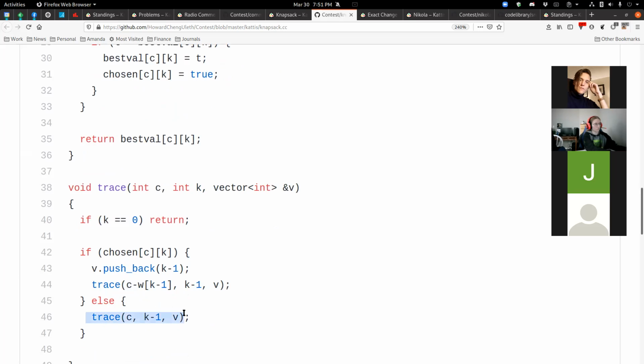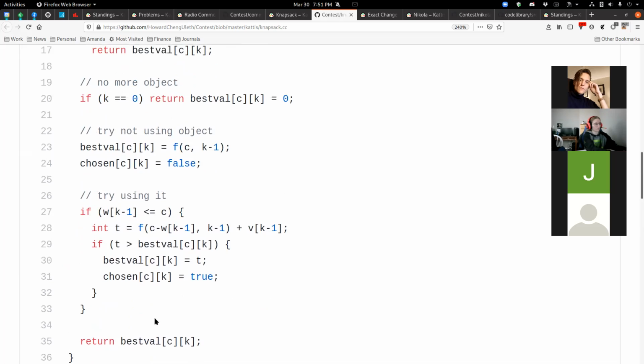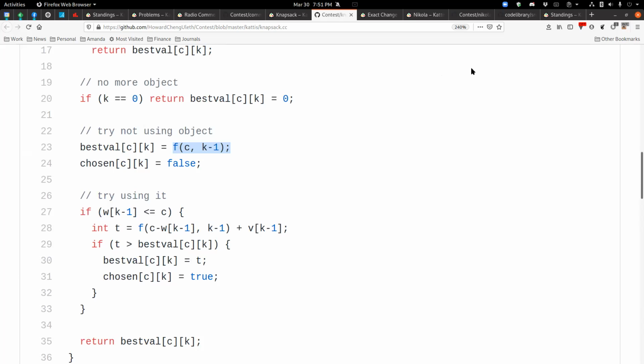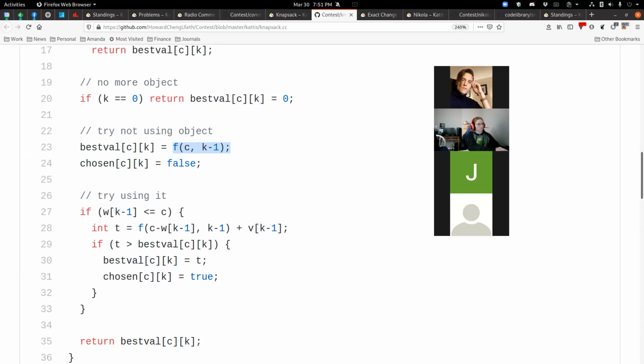I just recursively call without decreasing the capacity, with one fewer item. Again, if you look at the recursive call up here, it's exactly the same parameters. So this is tracing the solution